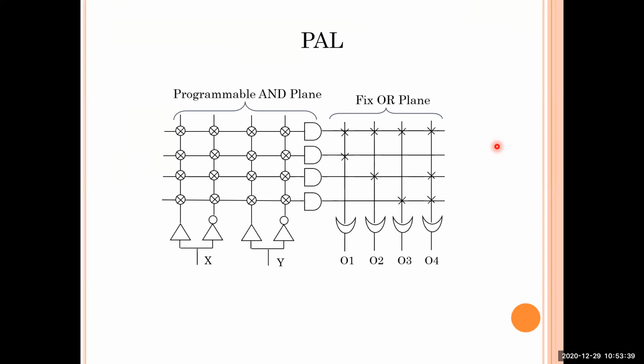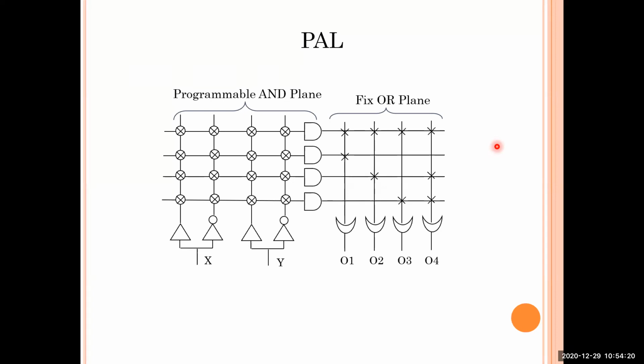you can even use this PAL. Why? Because it has an extra cell. Extra cells have been added to the OR plane, which is called a macro cell. Therefore, PALs can be used for implementing a large number of logic functions. This was a major, important development that allows the PAL to replace much of the standard logic mainly used in many designs.